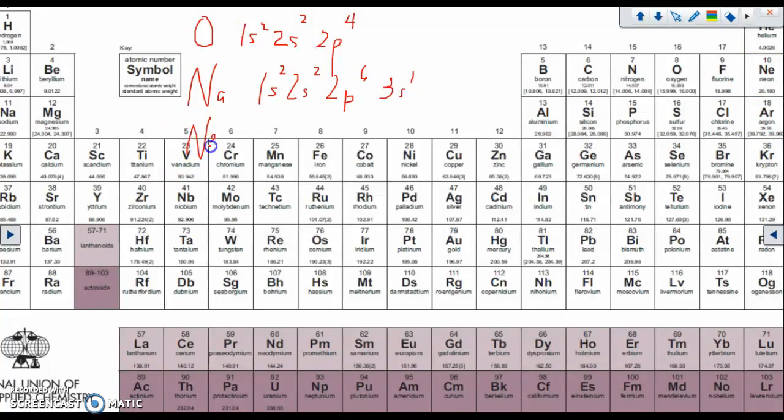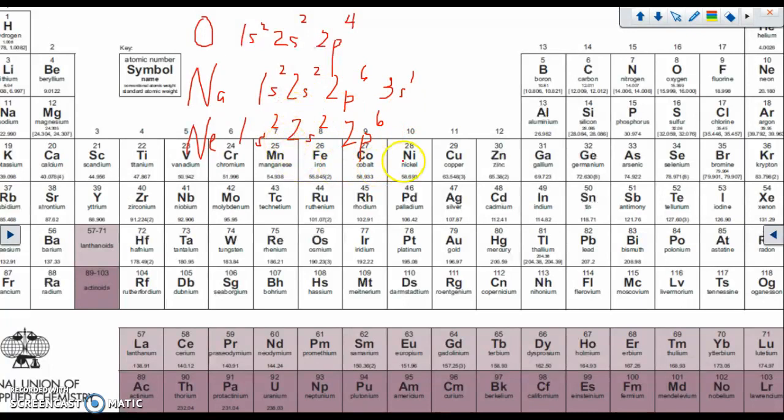Neon is 1s2, 2s2, 2p6. Okay? Why? So this is called the octet rule because if you look at the electron configuration of neon,